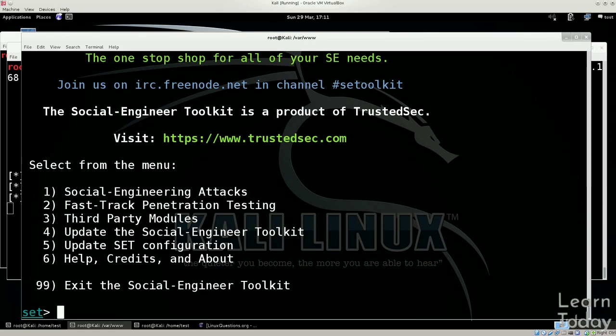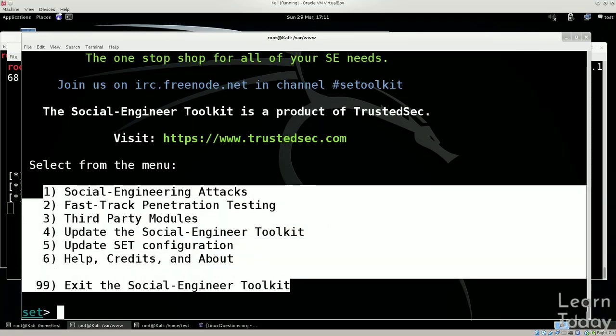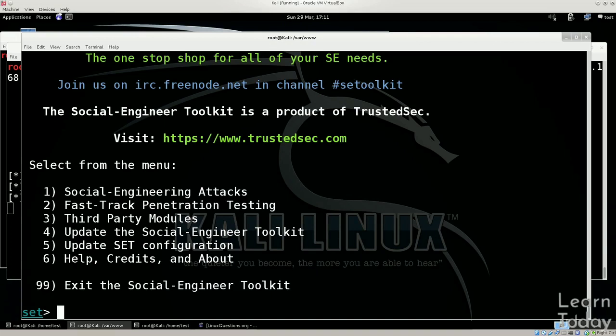This tool is extremely easy to use. I mean, there isn't really much to it. It's very powerful, but it's very simple. I have no idea how they managed to do this, but apparently they have. Anyway, you have a great deal of options here. I would definitely advise that you try some of them out. Type in 6 for help, see what's there. Just read a little bit through it. You're probably not going to try all of them, but I would advise that you pick a couple, or at least one other than the one that we're going to use today,